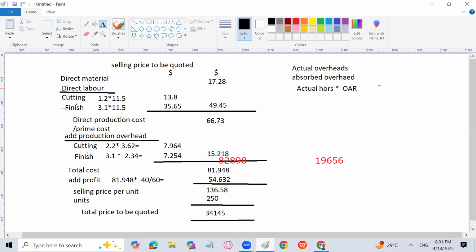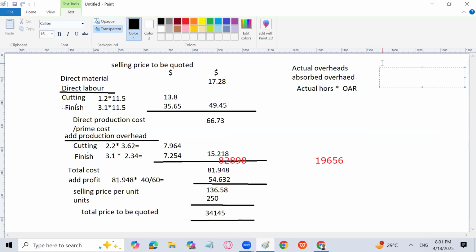So we will use that. This is the new point. You can say like that. Never came in the paper before. So I can write the dollar sign here and the dollar sign here. So actual overheads for the machining department is going to be 882,898, and for finishing it is